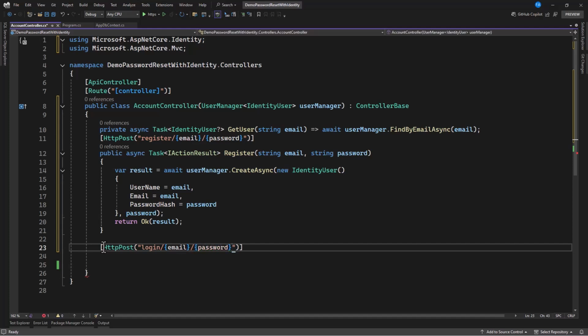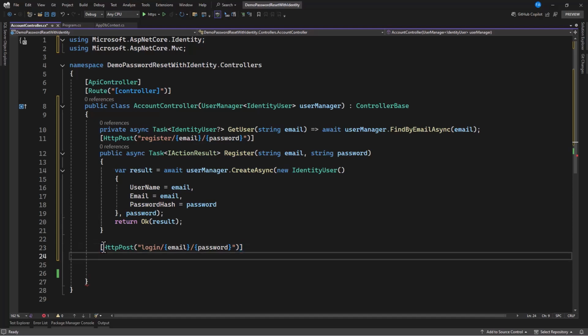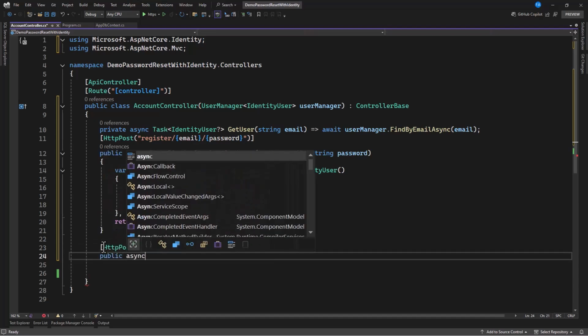So you can see when you check the parameters that we need for the registration and login, they are the same. Normally they are the same, just that with the registration you need to add confirm password when you're consuming it in the UI, a client like Blazor, React, or any other UI framework. But here, since we are going to handle everything in the controller or maybe in the Swagger, we can skip that. So let's have our public async task